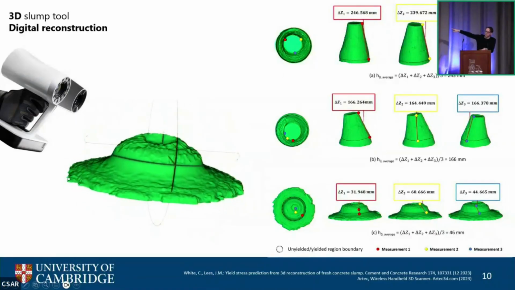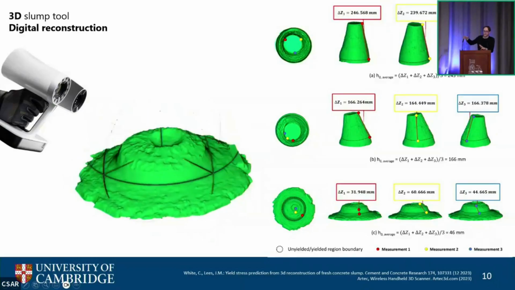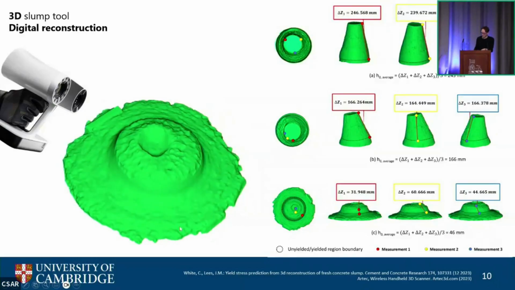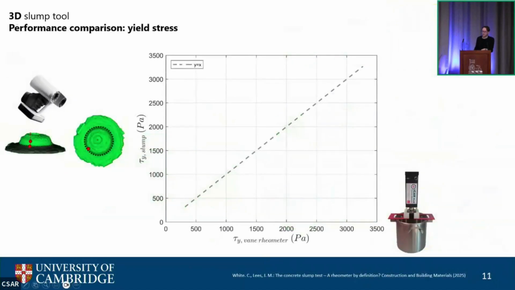And you can see using the example at the bottom that I can quite easily measure that property of the Mexican hat. So when I said that these tools were related and that you can predict the yield stress of the material that we have, just from conducting the standard slump test, what I'm going to do is I'm going to compare on this graph the results from the very expensive rheometer on the bottom versus the 3D reconstruction in